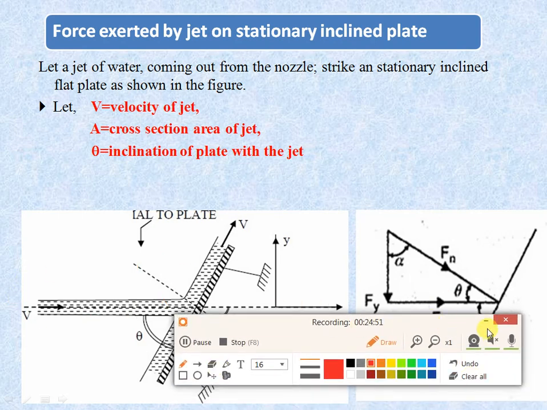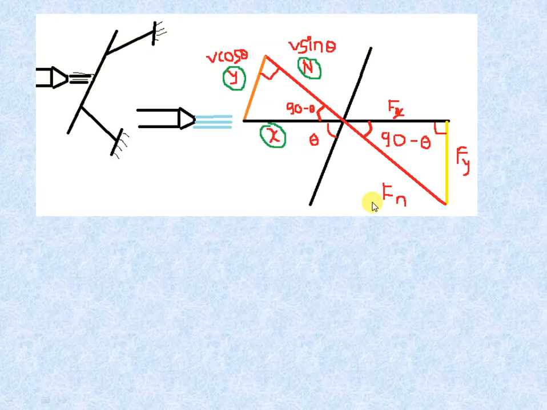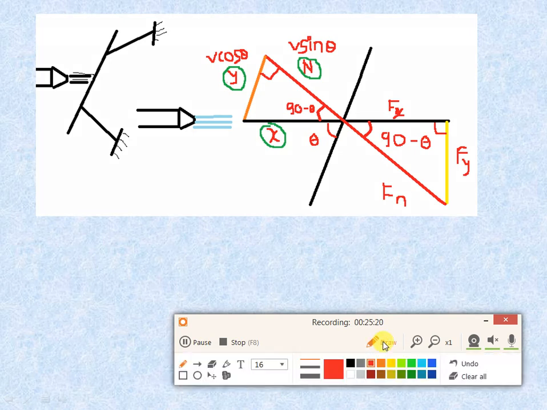So we will derive the equation for the same. Sorry, it is vertical actually. So the jet exerts force on an inclined fixed flat plate. Here it is the x direction. This angle is 90 minus theta. This inclined direction is nothing but the normal force, and this is exactly vertical, so this is perpendicular. Now find out the velocity along the normal direction and the velocity along the y direction.